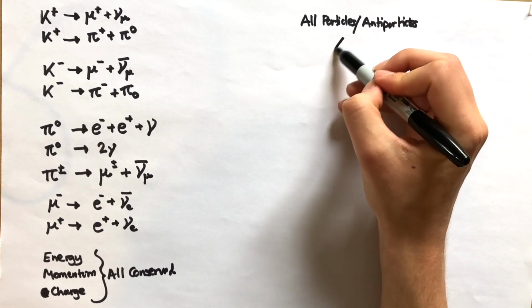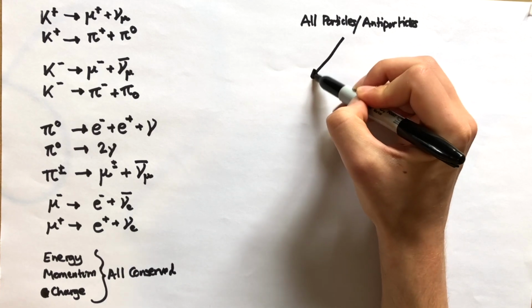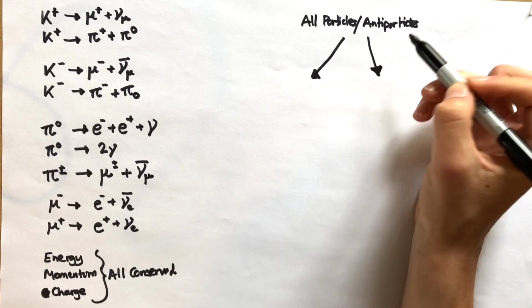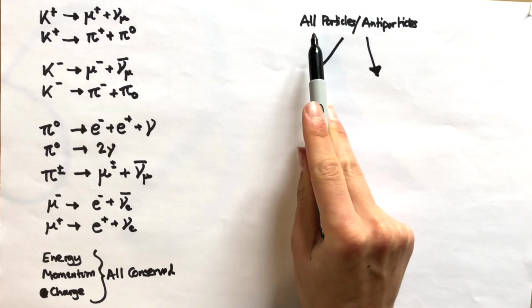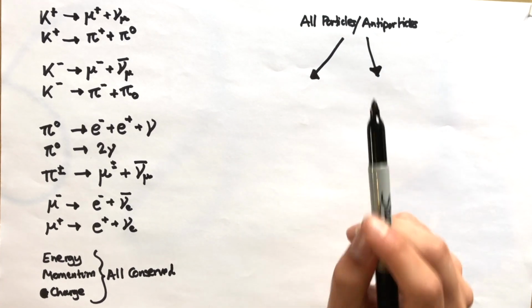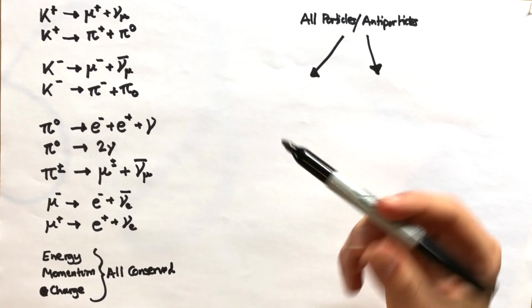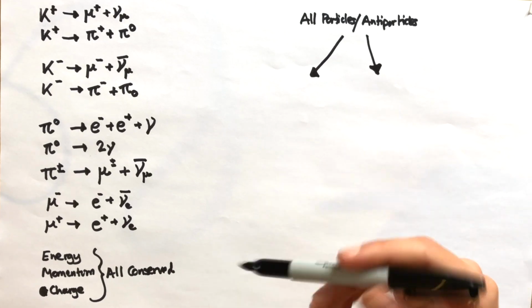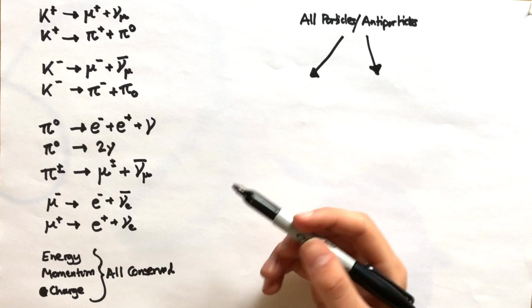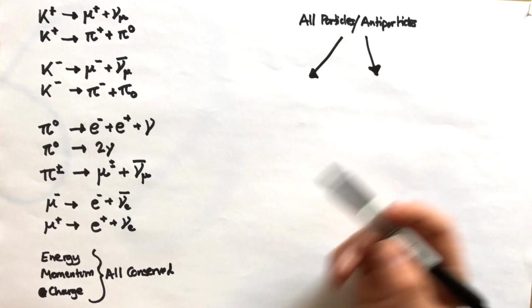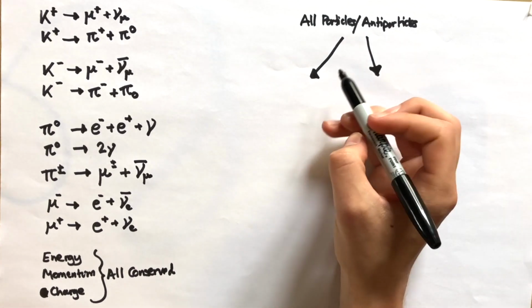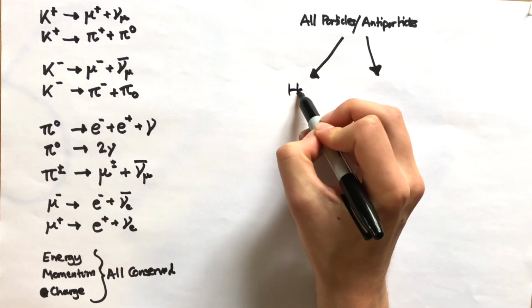They are all divided into two different categories. Actually, it's not quite all particles. We're not including any of the bosons. So this isn't including gauge bosons such as the photon, the gluon, the W plus minus boson. They have a category of their own. But we'll start by having a look at all particles and antiparticles, and they can be divided into either hadrons